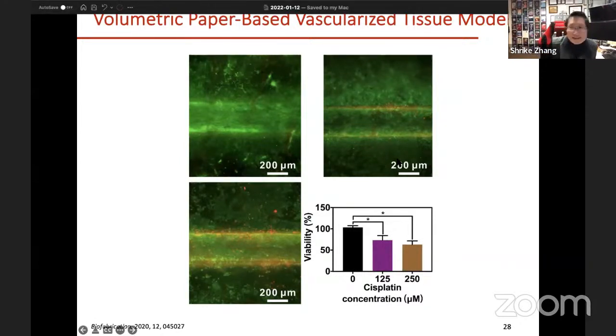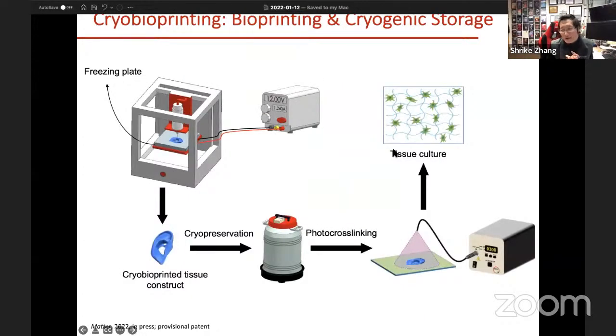Right, so that's the first example, which is about how you can not only create the microchannels in these paper-based devices, but also how you can store them long term on the shelves without having to use them right away after printing. So with that, can you have some other methods developed to increase the shelf availability of these printed structures,